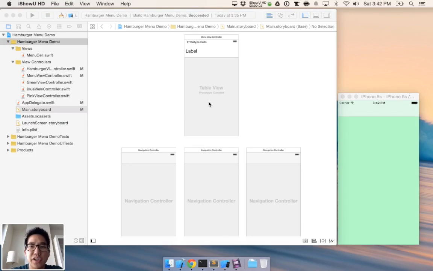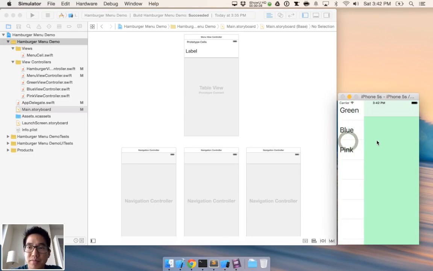Hey, in this video, I want to show you a little bit how to make a container view controller. So the example I want to illustrate is this one right here. This is your classic hamburger menu, no hamburger icon, but it's basically the same effect. And so I have a menu here behind where I can tap on, say, blue or pink to switch between these view controllers. So I want to walk through how to implement this as well as discuss any design